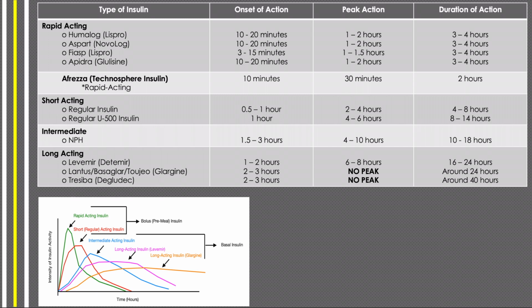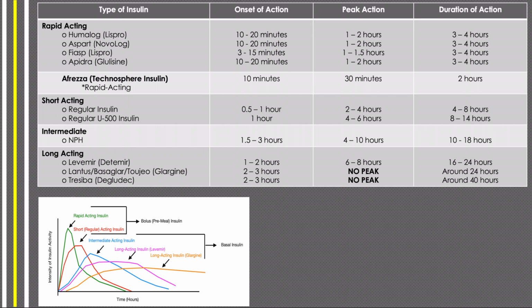We can see there's something here called the regular U500 insulin, and we recommend patients go on U500 insulin when they're requiring 200 or more units of insulin a day. Basically, U500 is 5 times as concentrated as U100 insulin, and this can be used as a pre-meal insulin, but because of its long duration of action, it could also be used as a background insulin. Again, it's very difficult to calculate U500 if you're not trained in this manner, and it's best left for the